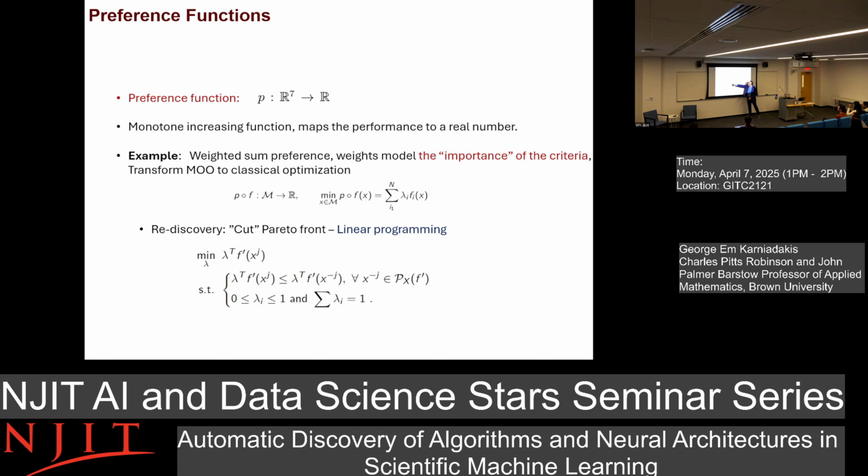But if you now have a preference function, you formulate the optimization problem where we have the Pareto front, which is some surface, the line in 2D, and then you want basically to intersect. The preference function is also a function, so that function will intersect the Pareto front. Where the intersection is, that will be the unique solution, which will be your best algorithm with respect to those criteria. Is that clear?